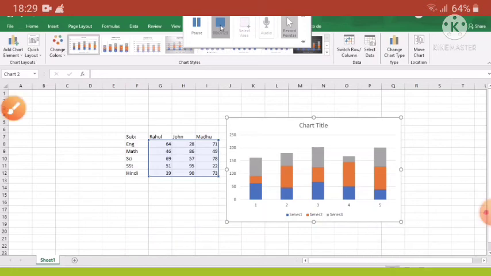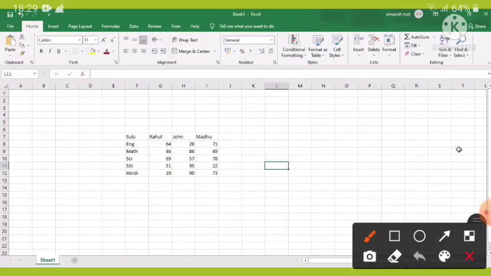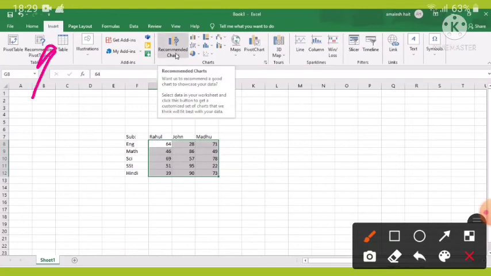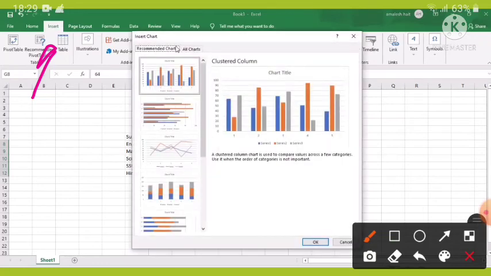Next we'll learn how to create a chart by selecting the chart type ourselves. Here also, at first we have to select the data for which we want to create the chart. Then we have to select the Insert tab by clicking on it in the Excel 2016 ribbon.